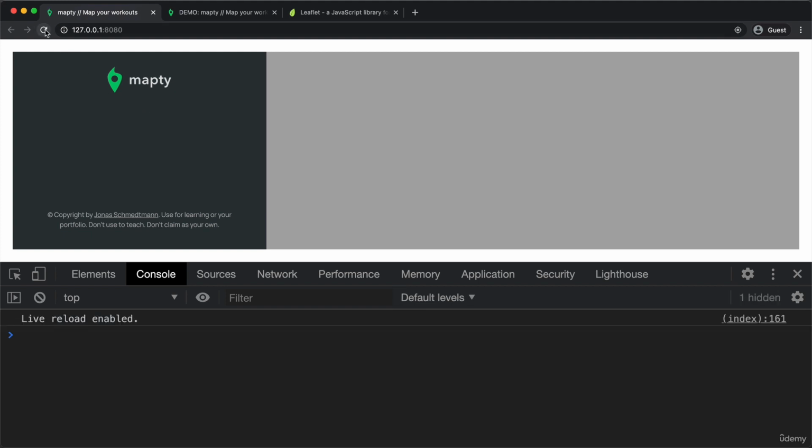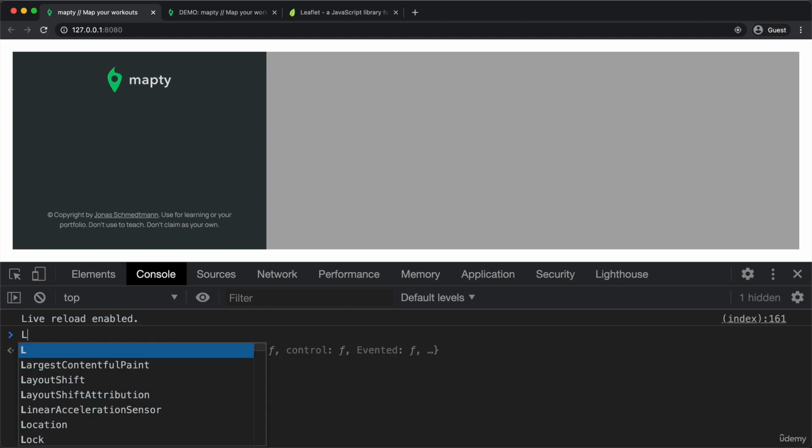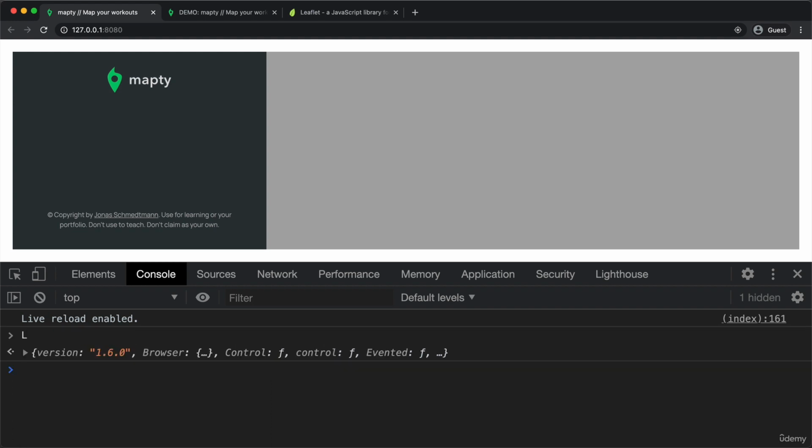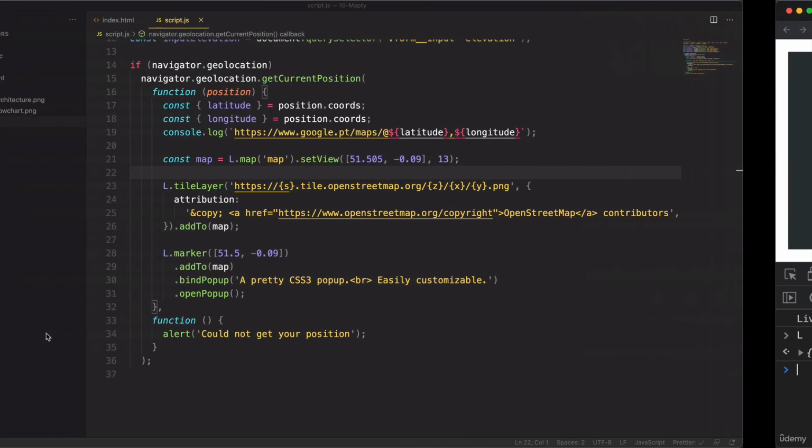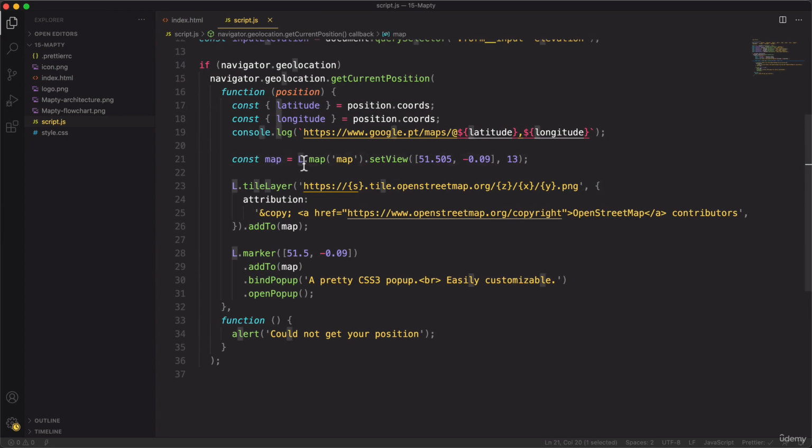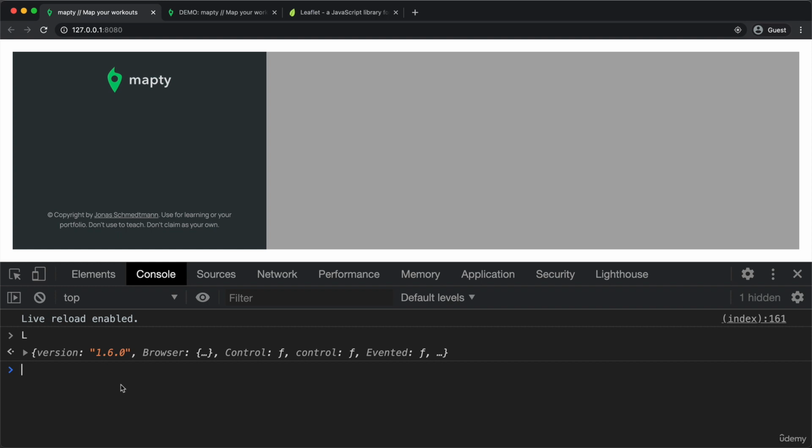Well, let's try to reload here. But for some reason, nothing is happening. So let's check if here in the console we actually have access to that L variable. And you see that we do. So this L here is of course the L that we used previously in our code as well. So it's this L here, and it is available here in this script and also here in the browser console